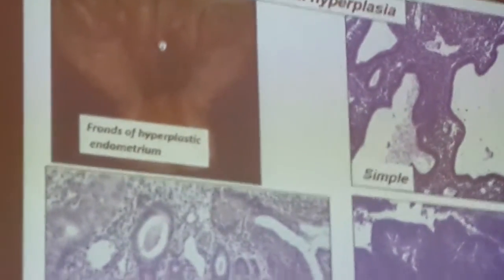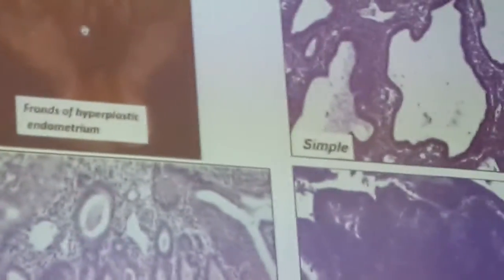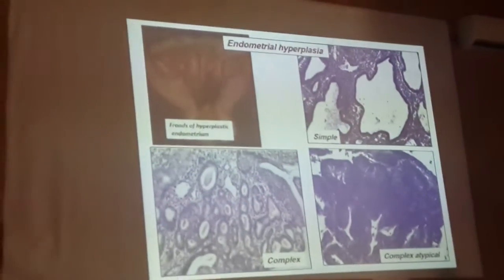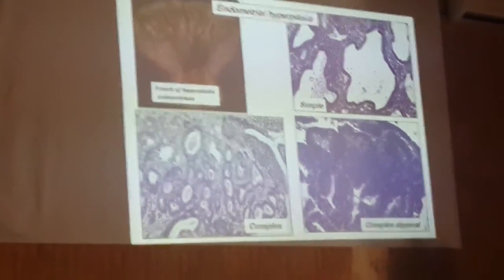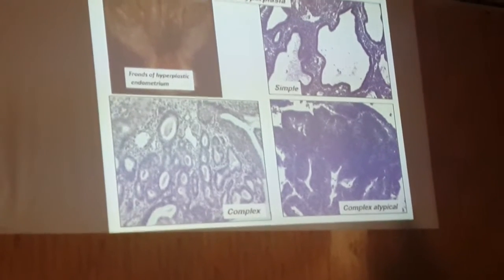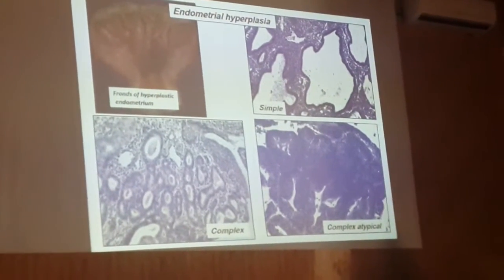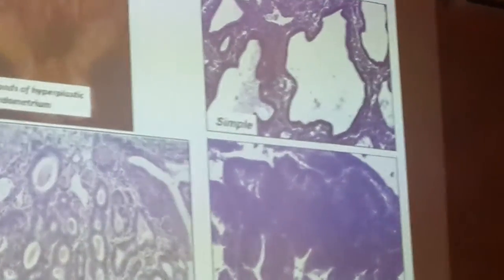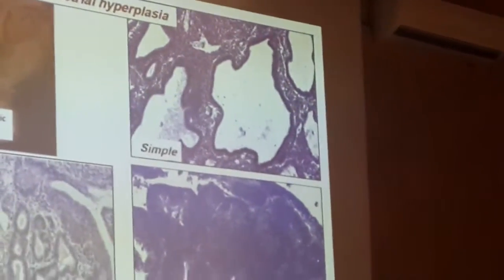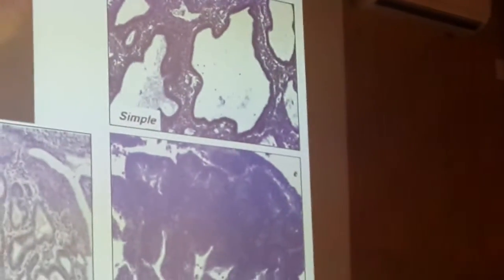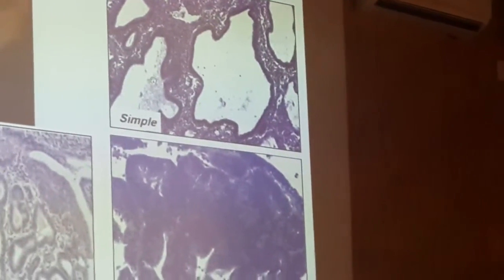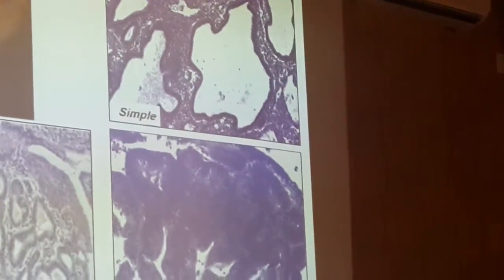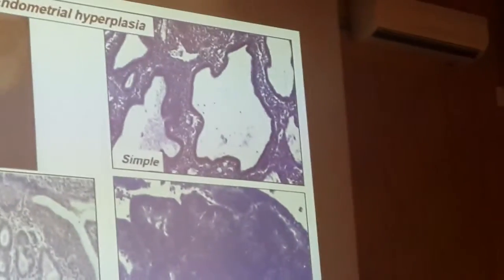There are many types of hyperplasia of the endometrium. One is simple hyperplasia, or simple cystic hyperplasia. This is a gland, clear, and it undergoes dilatation and forms a cyst-like structure. This is known as simple cystic hyperplasia. Clear? Any doubt? Hyperplasia is a norm. Yeah. No, this is not the physiological one. We are not talking about the physiological one. This is pathological hyperplasia. Okay? So this is simple hyperplasia.